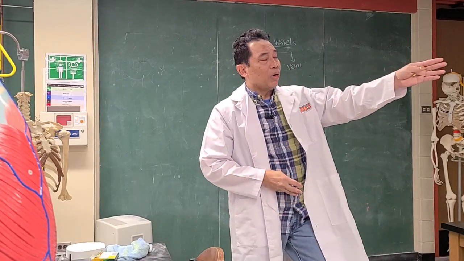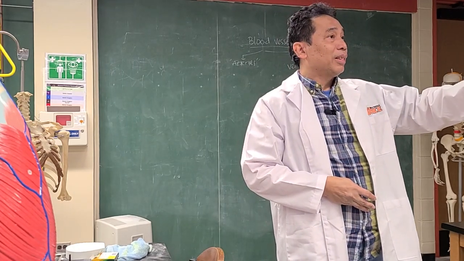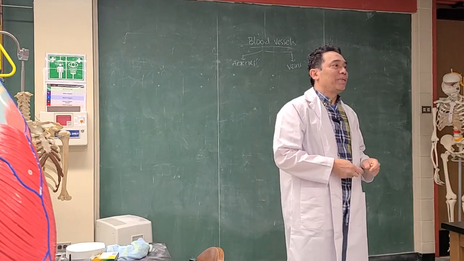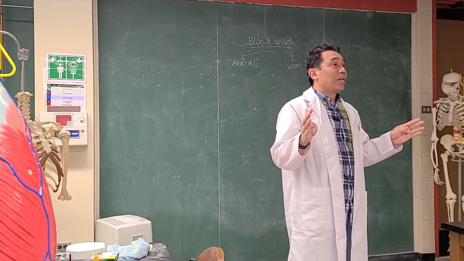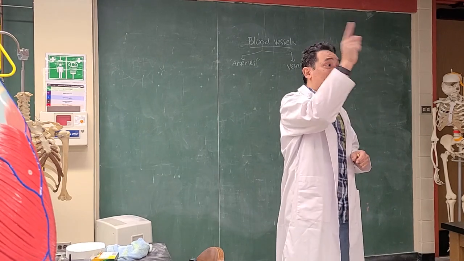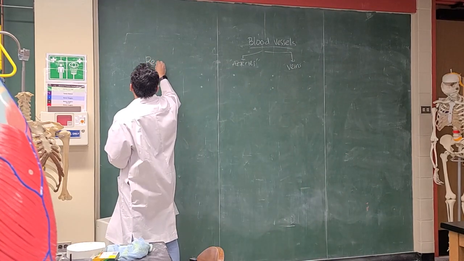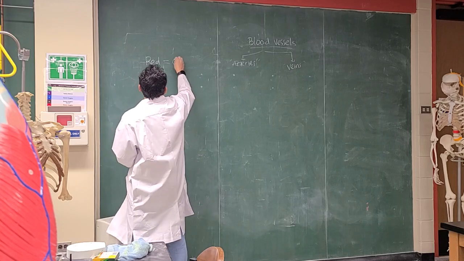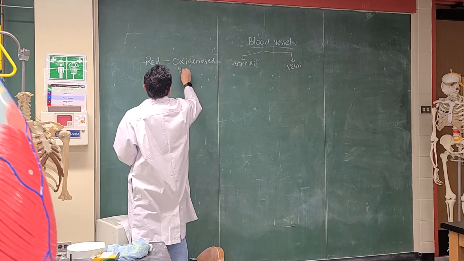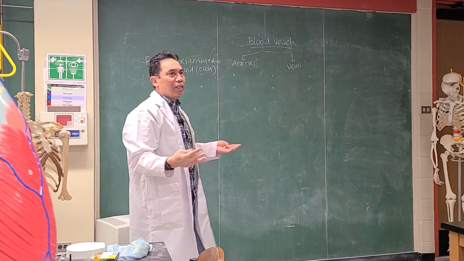Now, in the models, also in the picture in your lab, there are two colors. What are the two colors that you have in the model and also in the lab book? Red and blue. Now, what does red mean? Anybody know what red actually means? Oxygenated blood. Okay, so red blood vessel means oxygenated blood. It means it is rich. This is rich blood. It has a lot of oxygen.